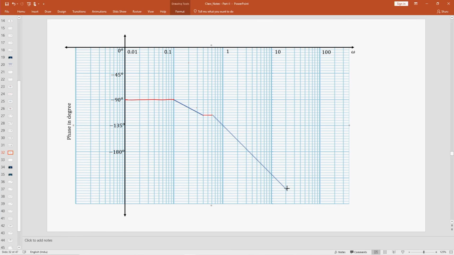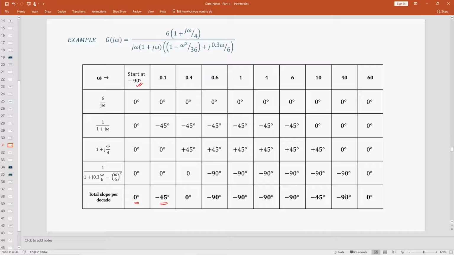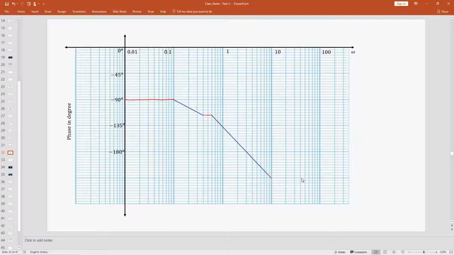Now you have to be very careful with the slope. I am not carefully doing this, I have to be a bit careful. You see the slope has changed, so you have to be careful when you do this. So this is the slope, and of course this will continue to this point. Then you have the next thing, which is minus 45 from 10 to 40. So something like this line will be the slope. So up to 40,